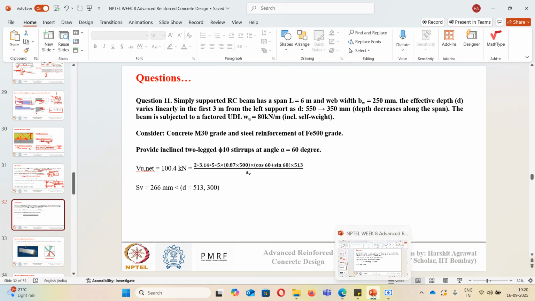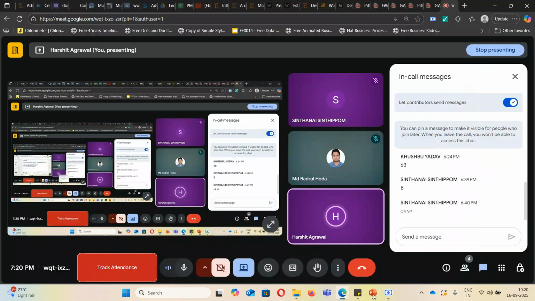Any doubt in this? Is this inclined stirrup part and the different depth of section part clear? Is there any doubt in this section? Okay,